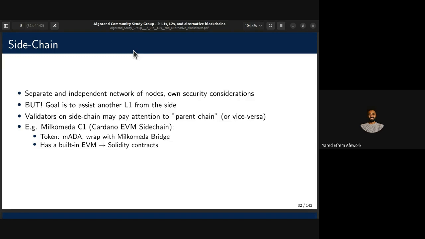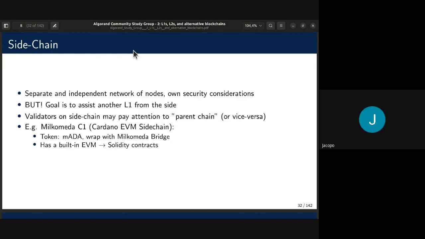They have a Milkomeda bridge. I don't know the details about the bridge, and I don't know if it's like a multi-sig, like how it works. I have to mention this now because I'm not sure if I have a good place in my presentation where I talk about this, but when it comes to all of these solutions, and when you have interoperability between chains, layers, you have to really think about, even if I'll be talking about some advantages they provide, you have to always think about the vulnerabilities that come